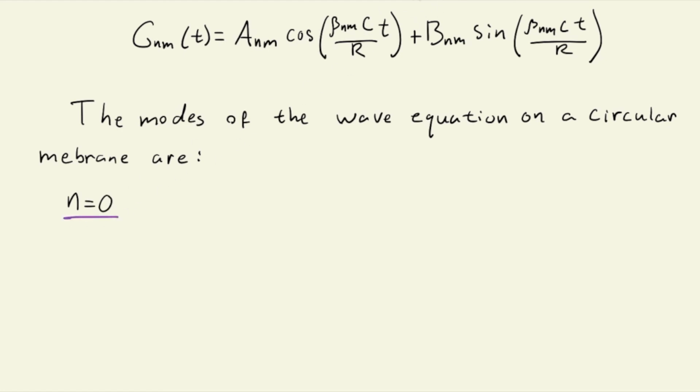N equals 0. So here, maybe I'll say for n, m integers. I should probably start the sentence with that, right? But let me write it at the end here. For n, m integers with n greater or equal to 0 and m strictly greater than 0,